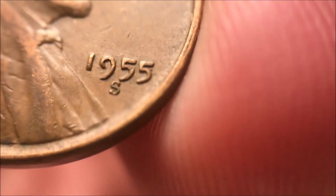the coin, and then I'll show you a page out of the Cherry Picker's Guide to let you guys know exactly what I found, if you can't identify it off of the image. So I have the microscope attached to the device here, and it's a 1955